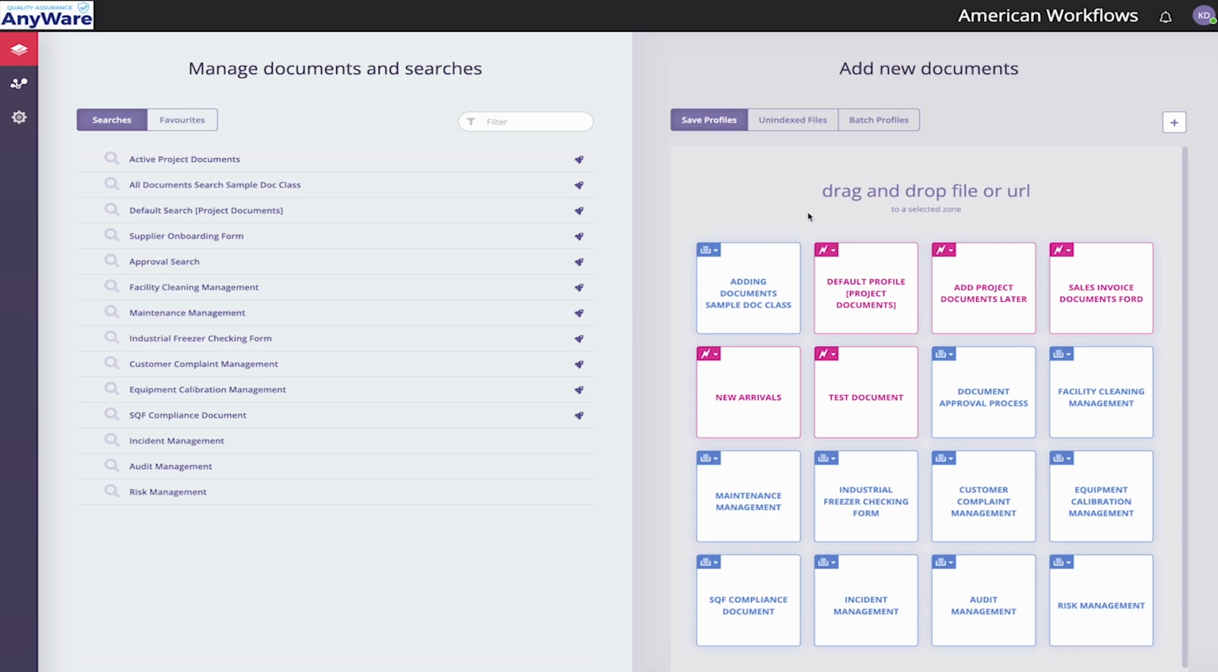Now, within Quality Assurance Anywhere, we search using basically saved searches on the left, as you can see right now. Now, these searches can be configured to be as general or as wide as you like. And then on the right side,